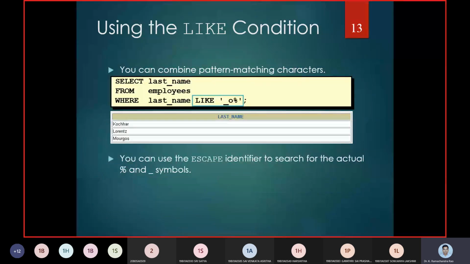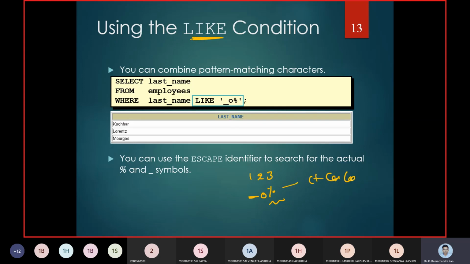Now, what was this wildcard like? You are using two symbols at this point. The first character is given with an underscore symbol, and the second character must be O, and from the third character onwards it can be 0 or any character we mention. So this is the first position, second position, and third position.